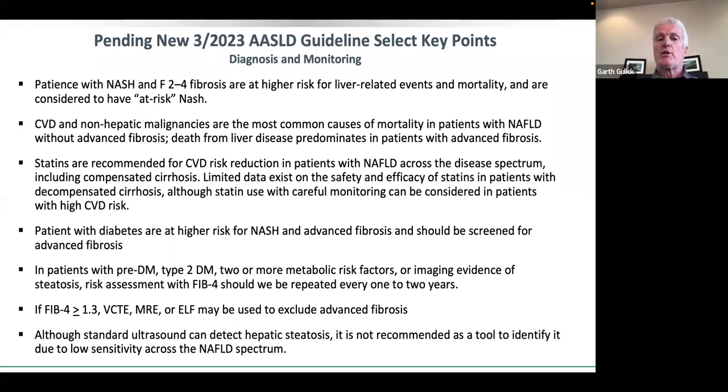So this is really changing the bar of what we're used to. They're also going to link NAFLD to heart disease and non-hepatic malignancies. It's going to be much harder to claim, like in Hep C, that this is a liver-only disease, as we've considered for so long, when it comes to the need to pay for medications, et cetera. The Endocrinology Society, the Gastroenterology Society, and the Hepatology Society are all on board that this is a multi-system disease beyond the liver. It's going to be very hard to avoid some of these expensive treatments,